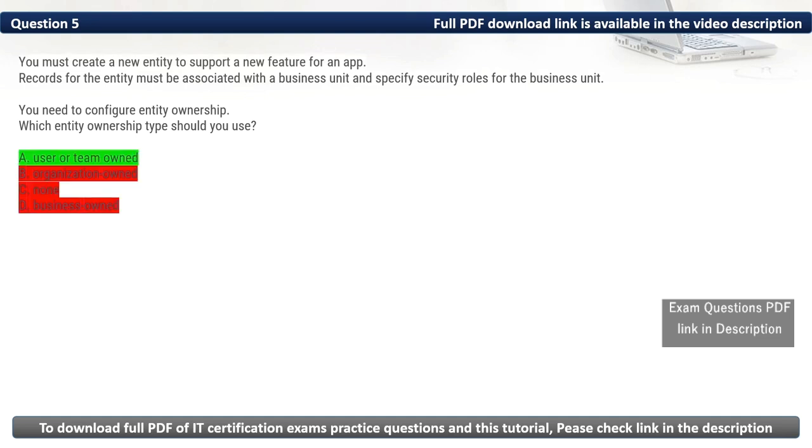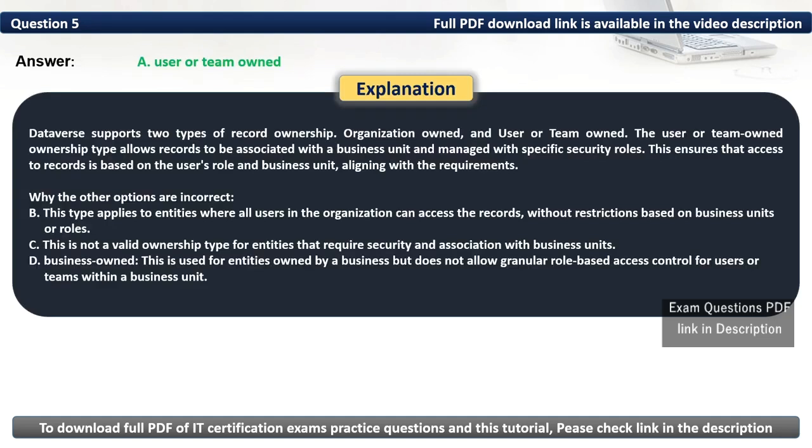Thus, the correct option is A. Dataverse supports two types of record ownerships: organization owned and user or team owned. The user or team owned ownership type allows records to be associated with a business unit and managed with specific security roles. This ensures that access to records is based on the user's role and business unit, aligning with the